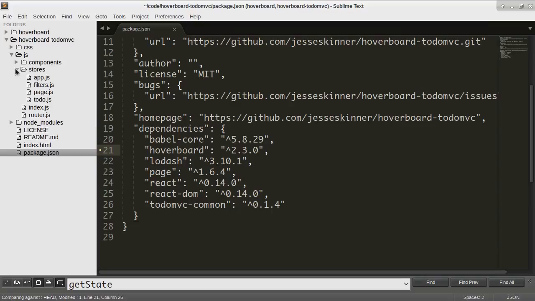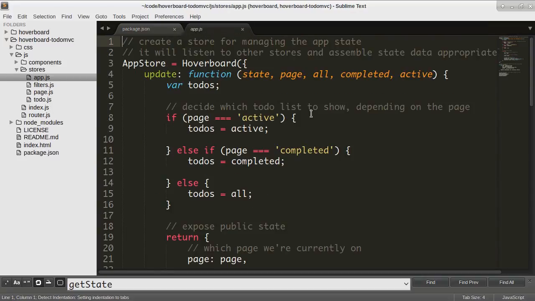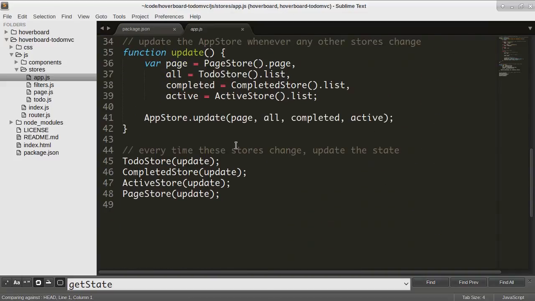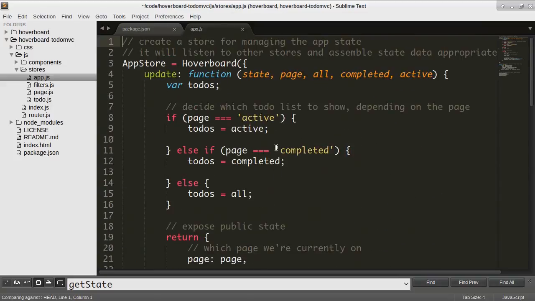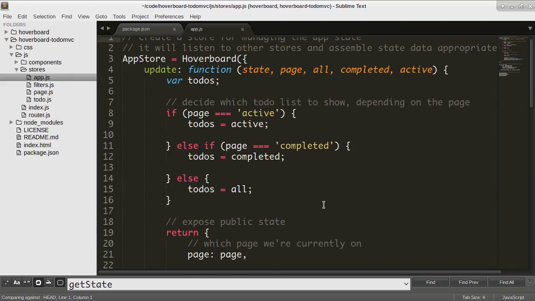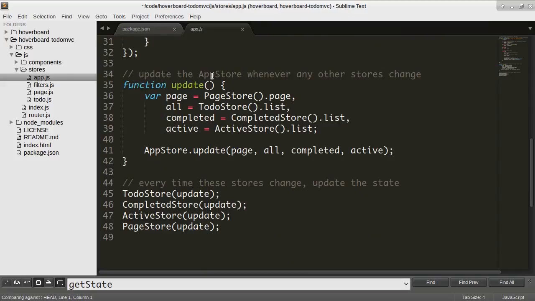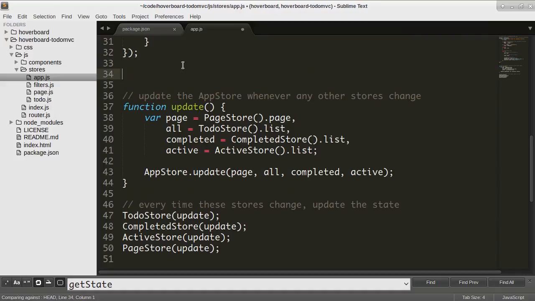So I'm just going to open it up. We'll go to our stores, and particularly, it's this app store I'm thinking of. The app store subscribes to 4 different stores, and then I call this update function. So instead of doing 4 subscribes, how about I make a store that combines these, and then we can just listen to that one instead. So I'm going to replace this. I'm going to make a new store called